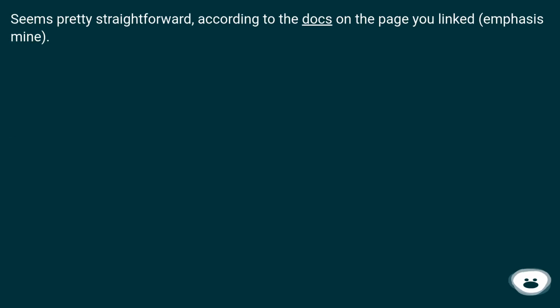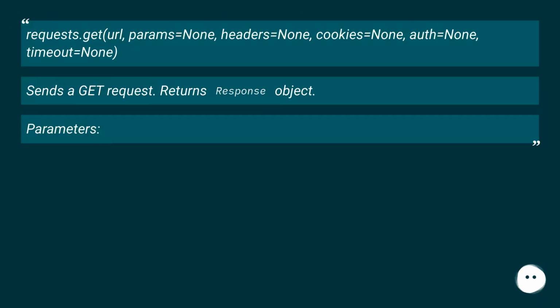Seems pretty straightforward, according to the docs on the page you linked, emphasis mine. requests.get(url, params=None, headers=None, cookies=None, auth=None, timeout=None) sends a GET request. Returns a response object. Parameters: